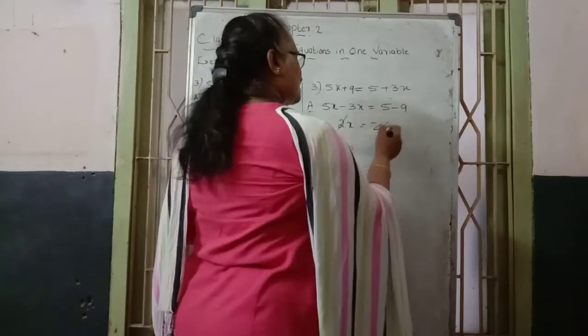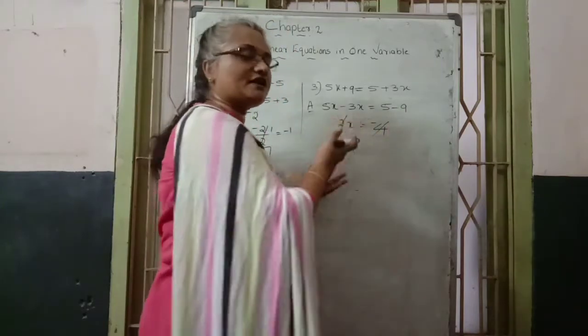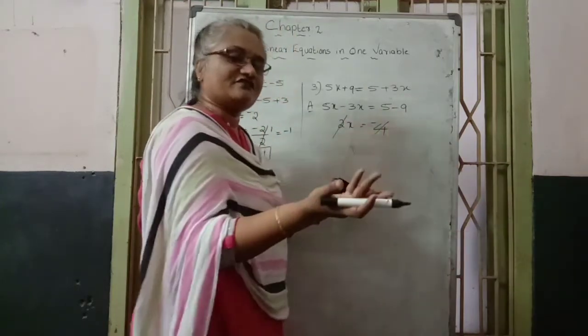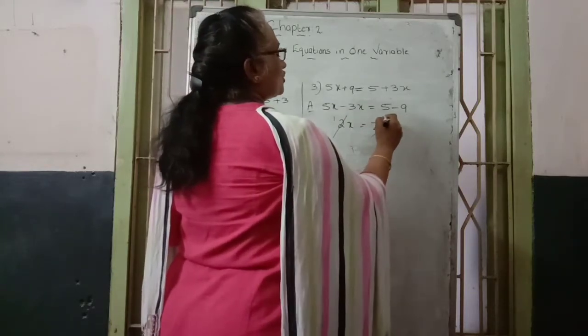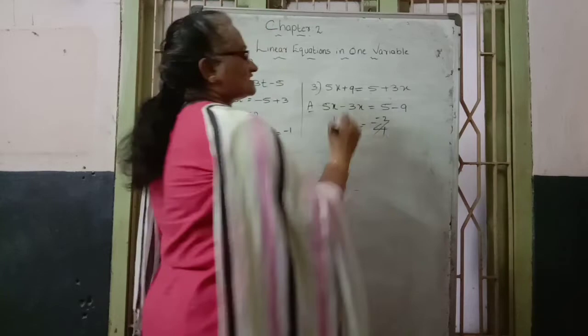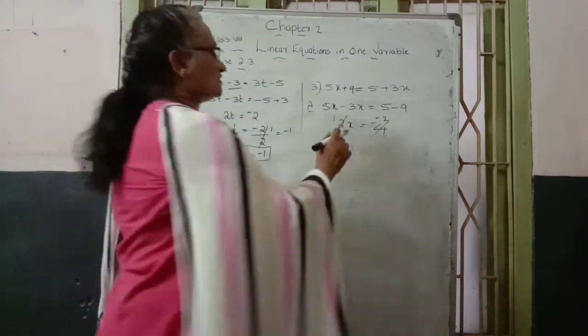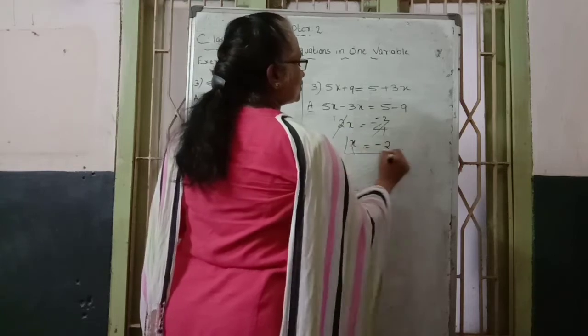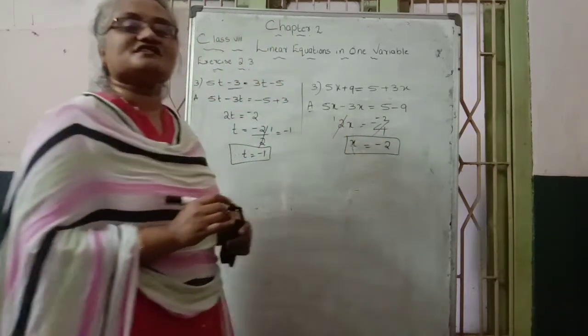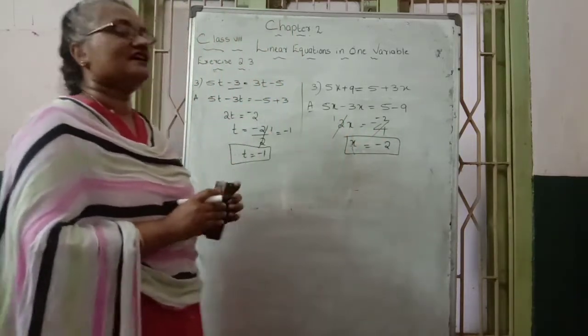Here, on the right and left, you can do the cancellation or bring it to the left side, either way. 2 times 1 is 2, 2 times 2 is 4, but minus is there, that's why minus 2. So we get 1x, which means the x value becomes how much? Minus 2 is the x value. That is the meaning of this question.